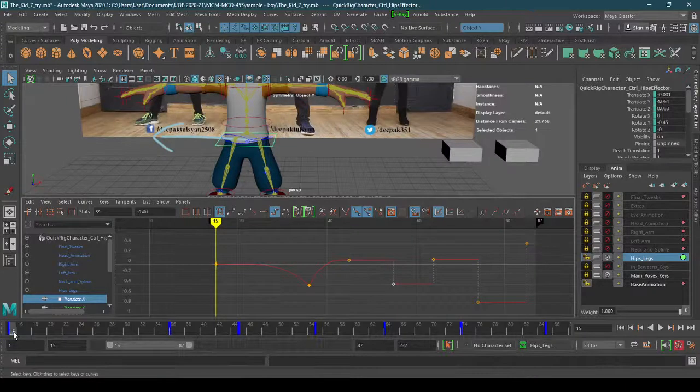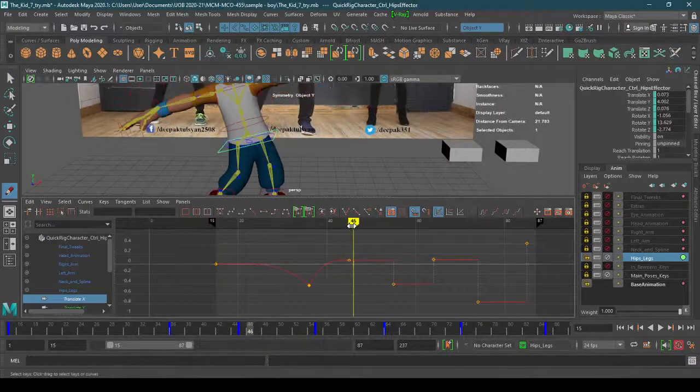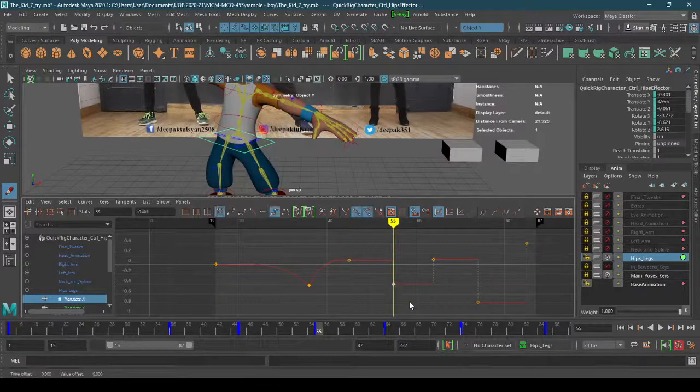Okay, let me do one thing, delete this grease pen, and then I'll go here, select this one, spline tangent. Okay, sorry, this one, this is the one, spline tangent, then break this,